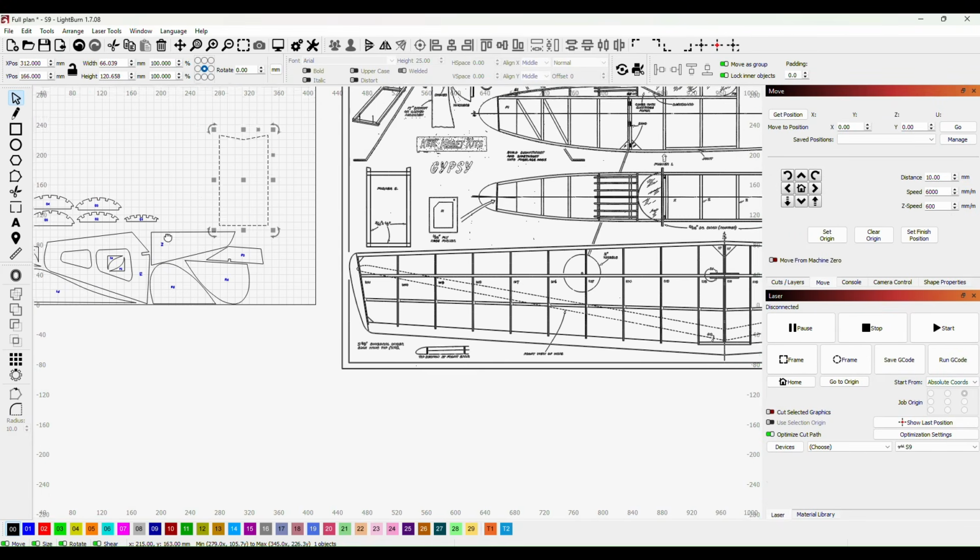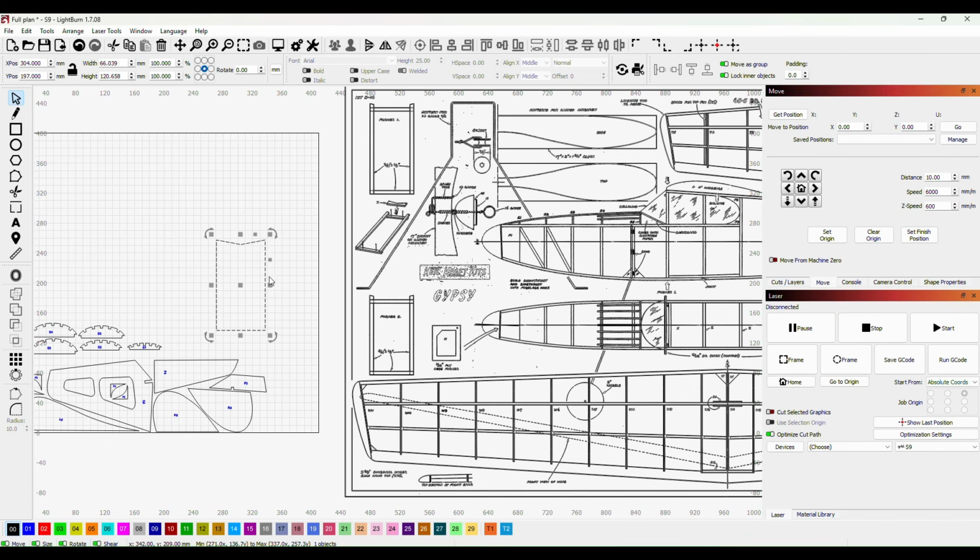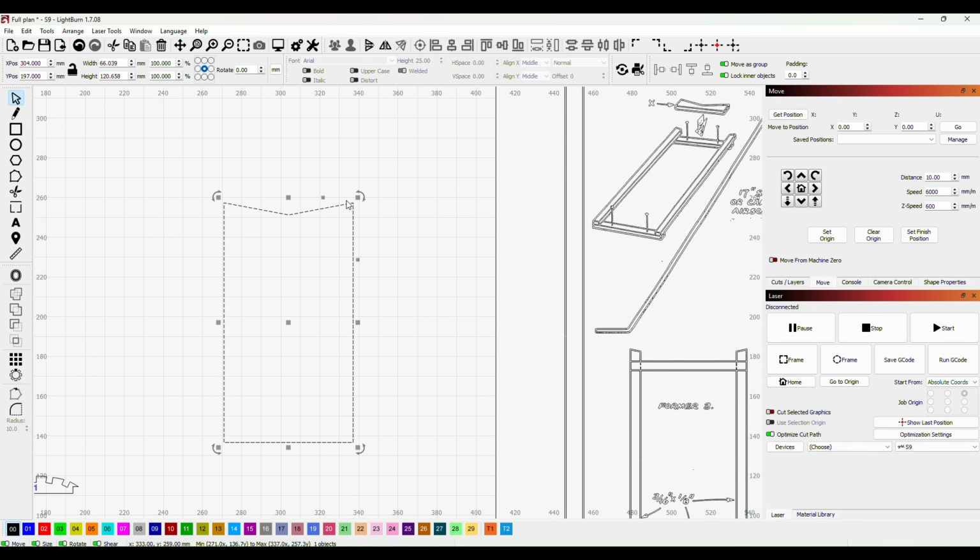Now, in each corner, I want it to fit. The longer one will fit inside, so I want a 1/8 square or a 3.2 millimeter square. So I'll just alter the width and the height of that shape that I've made to 3.2, 3.2, and then again 3.2, just like that. Now all I need to do with that is Control copy, and then I